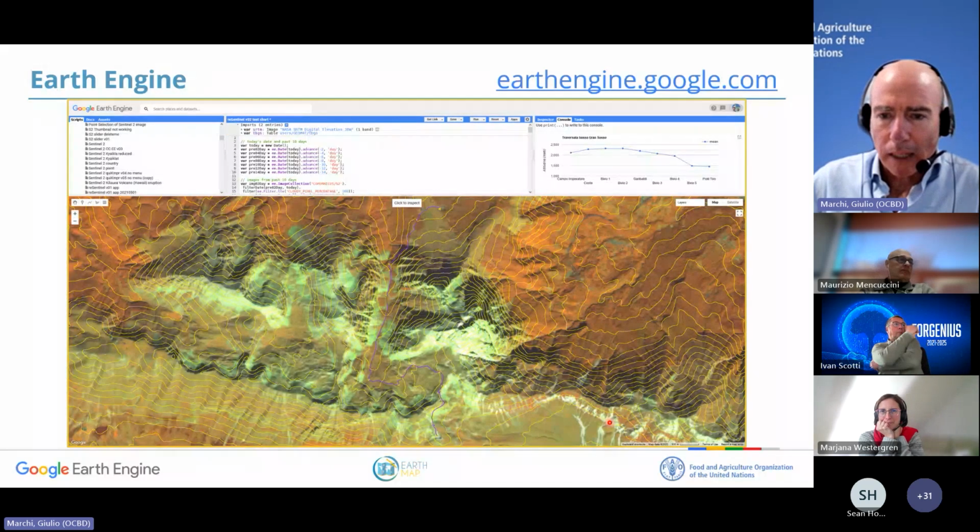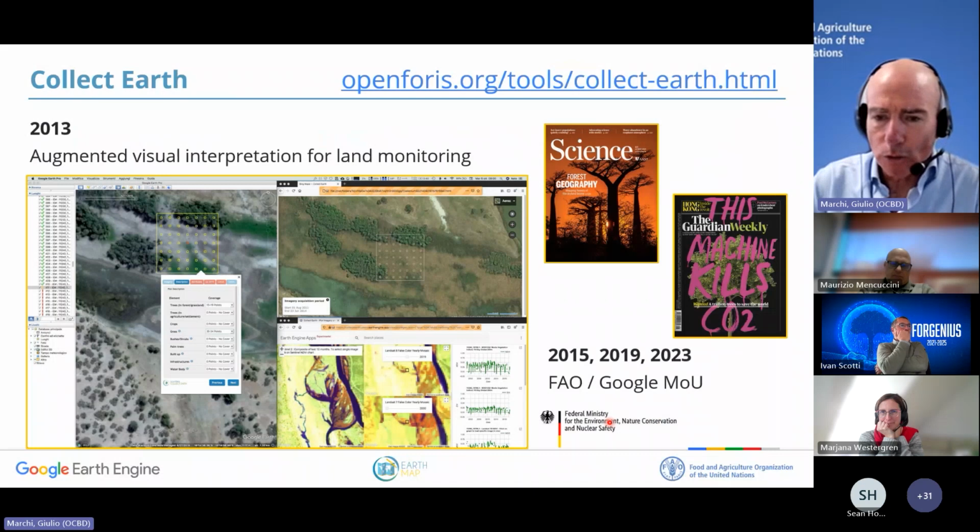Earth Engine can be applied to a really wide range of use cases. In 2013, we started to develop Collect Earth. I will share the presentation, and you will have all the possible references. Collect Earth, in Open Foris, as we call it, is a suite of tools developed in FAO, with the main idea